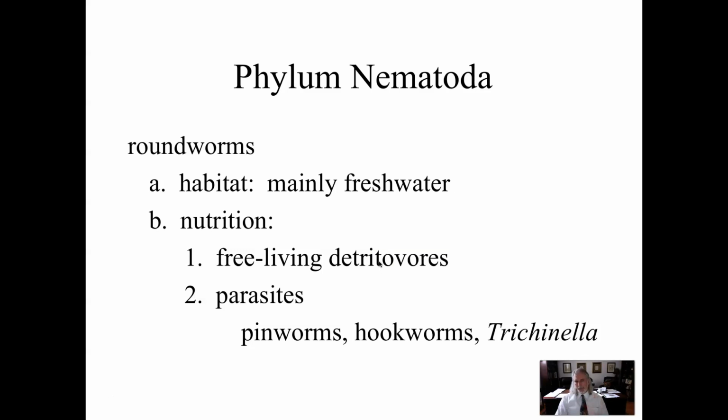So a lot of the leaf litter that you see in the forest, if you go to the layer where the leaves are in contact with the ground, so if you brush up some of the leaves and look at what's going on right at that junction between dirt and the decaying leaves, you'll see a lot of these detritivores. So things like millipedes and pillbugs. You'll find the nematodes there as well, and earthworms you may find there. They're all eating that dead, decaying organic matter, and that's what a detritivore does. The other group are parasites, things like pinworms, hookworms, and trichinella, which is pigworm, which also fall under the category of